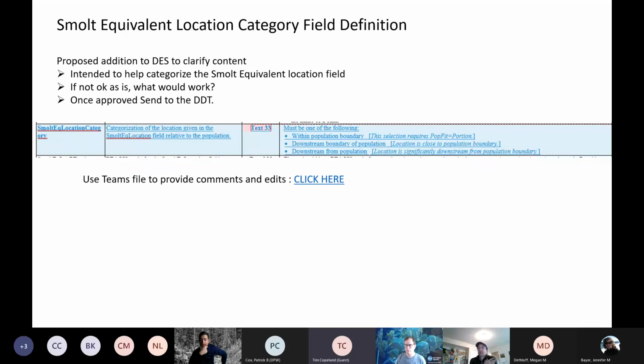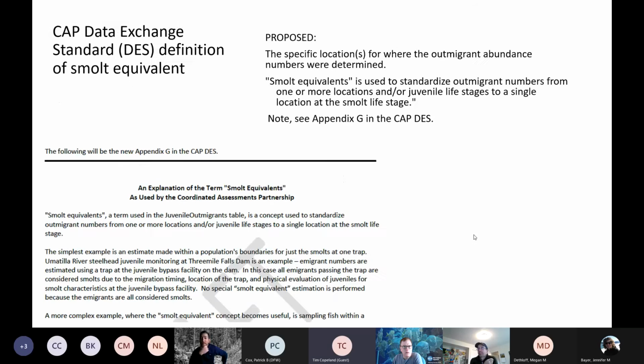Sure, I just think that a transitional fish is a smolt equivalent, and that should be spelled out in that definition. That's my opinion. I'm happy to hear other justifications. Could it be something to clarify? We add a clause that says